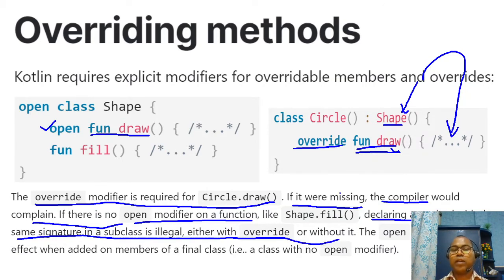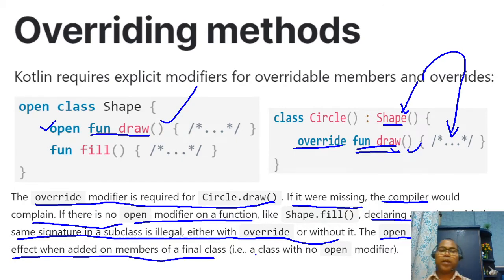So you cannot define the same signature inside your subclass without override. The open modifier has an effect so that we can add a member to the final class. By default, this method or this class is final in Kotlin. So if you want inheritance, first you have to open the class. If you want to override, first you have to open the method to be overridden.